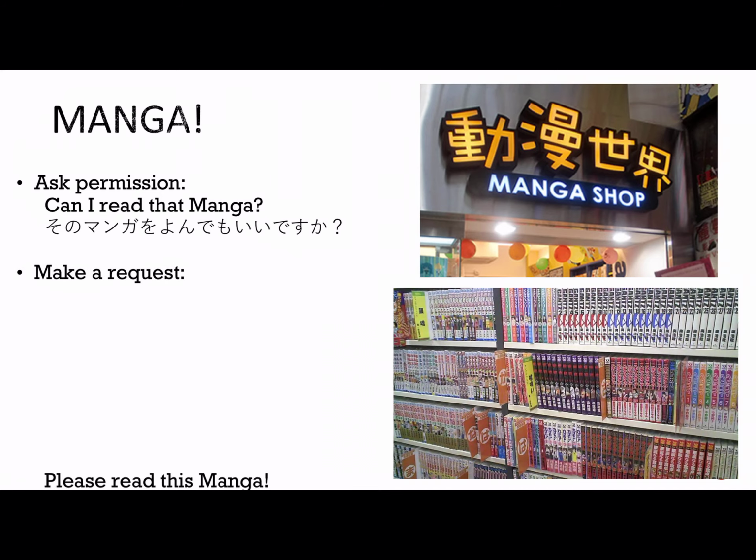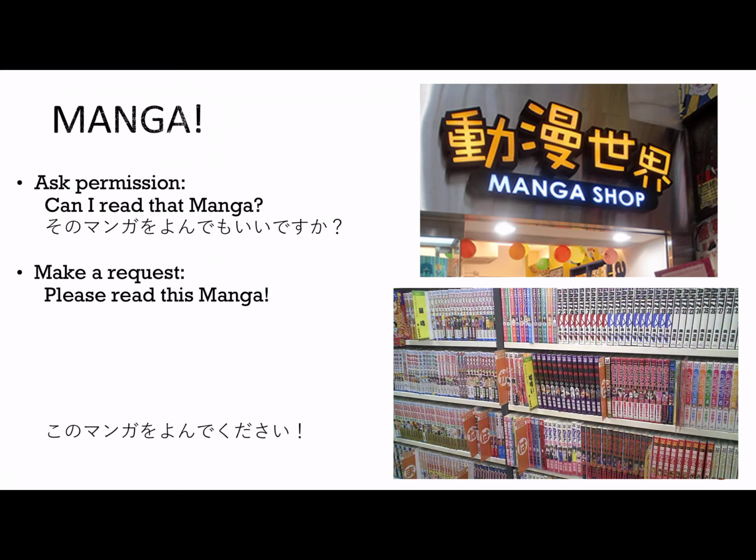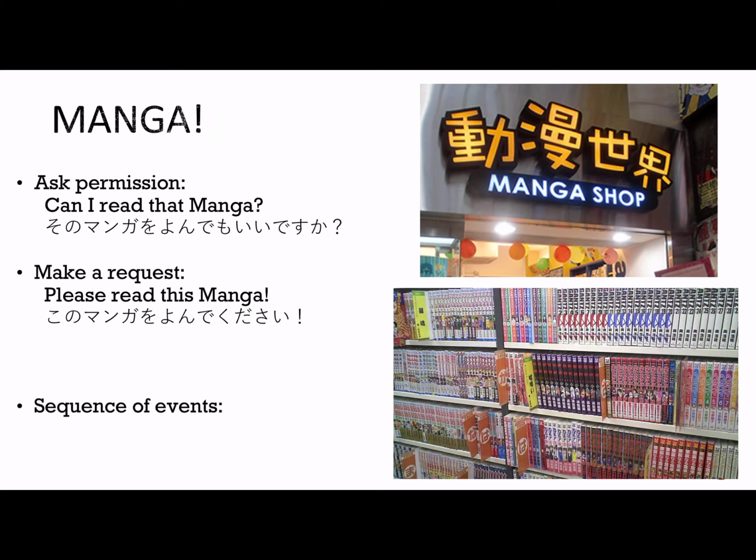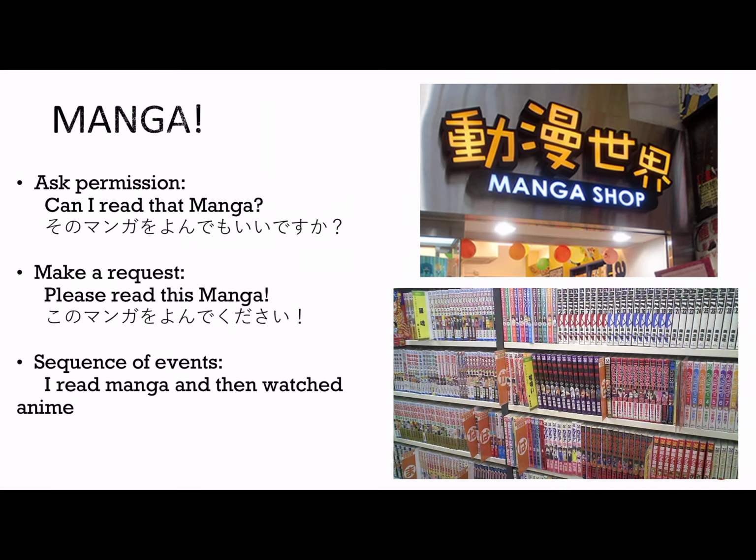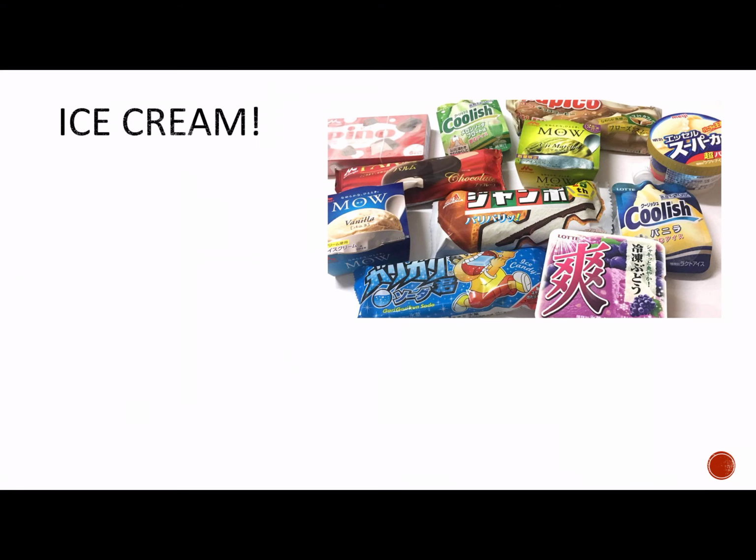To make a request, please read this manga. So again, we're taking the yomu and we're going to put it in the te form. So yonde. And to make a request, to ask somebody to do something, you're going to add ください。この漫画を読んでください。Then to make it a sequence of events, we're going to say, I read manga and then watched anime. 漫画を読んでアニメを見ました。